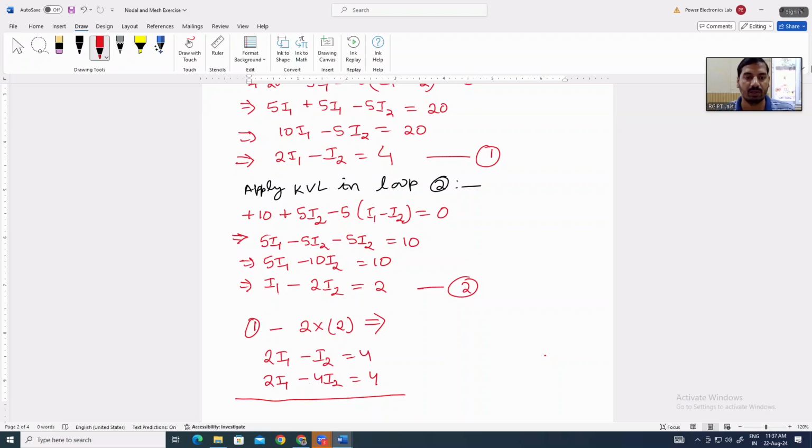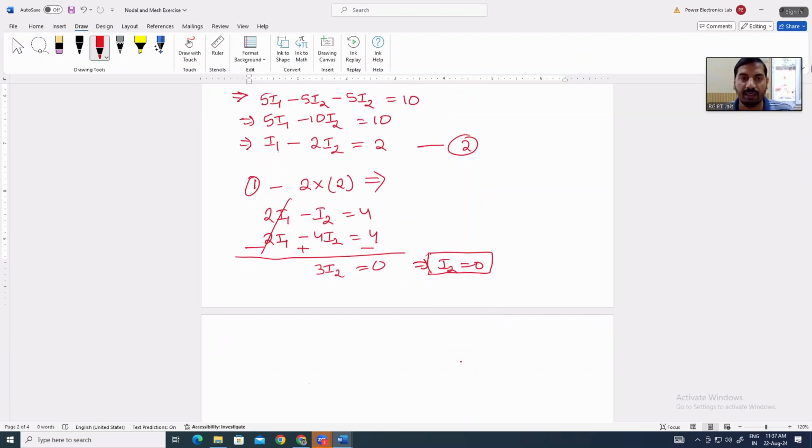सो जब सब्ट्रैक्ट करेंगे तो माइनस ये होगा, ये प्लस होगा, ये माइनस होगा, यहाँ कट जाएगा, प्लस से माइनस कट जाएगा, ये बचेगा 3i2, 4i2 minus i2 is equal to 3i2, that is equal to 0. It means i2 is equal to 0. i2 में करंट जाएगा ही नहीं। Then